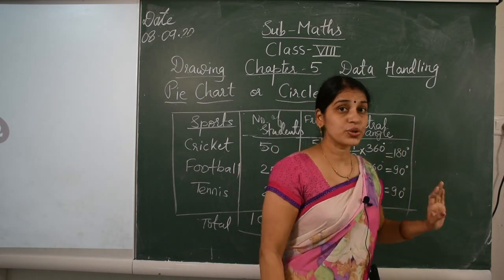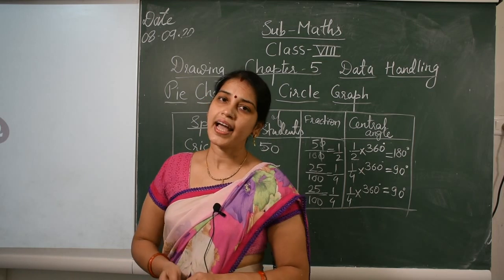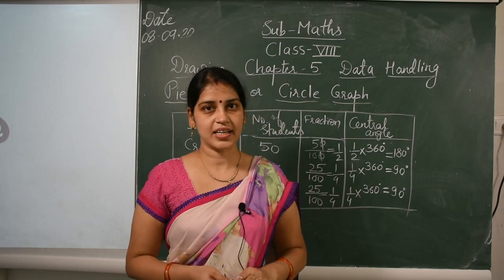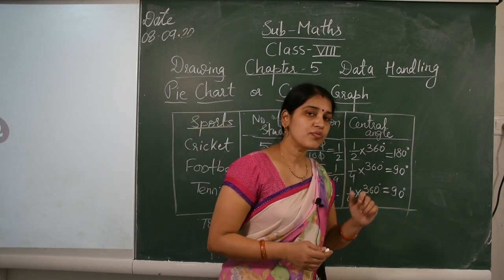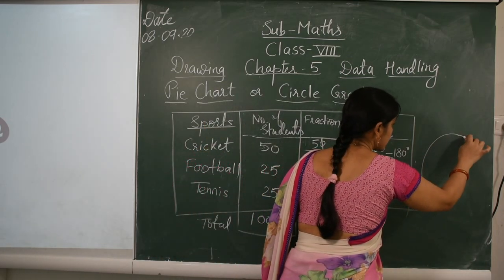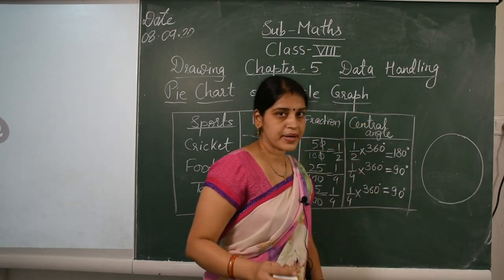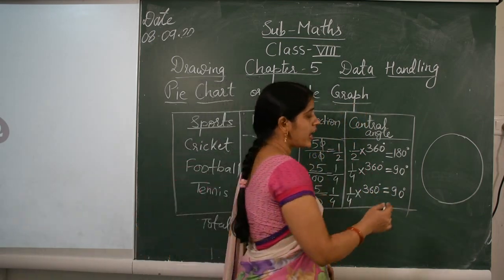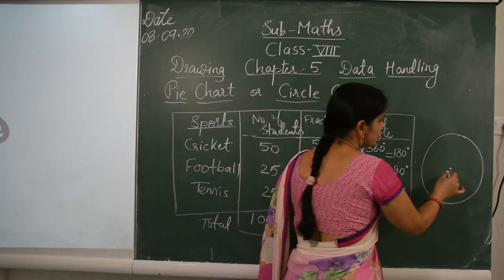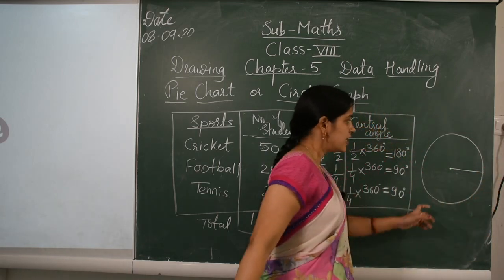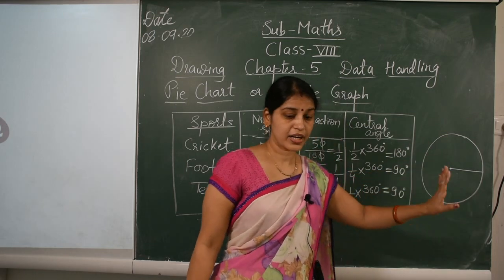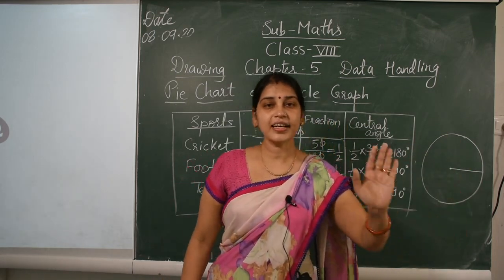Now this all is converted into degree, that means in the form of angle. So from these given angles we have to draw a pie chart. For making a pie chart, what do you have to do? First you have to draw a circle. Now this circle you have to draw using a compass. Draw properly. Then we have to take its center. Now you have taken a center. Now from the center you can make its radius. You can draw the radius from anywhere, either here, from any side. Now we have drawn the center and radius.